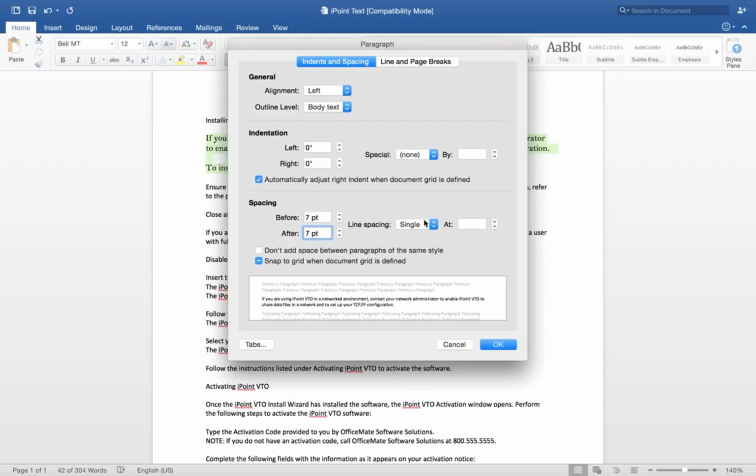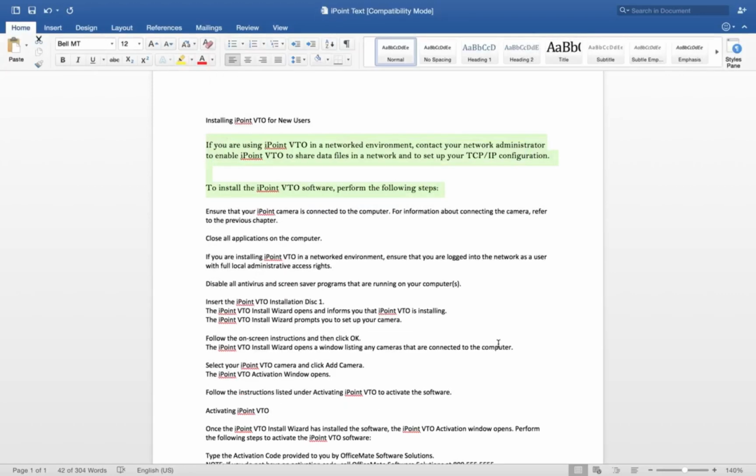And I also want to control the line height. I want it to be exactly 14.5 points. This will give our eyes a little more breathing room and a little more white space. So we'll click OK.